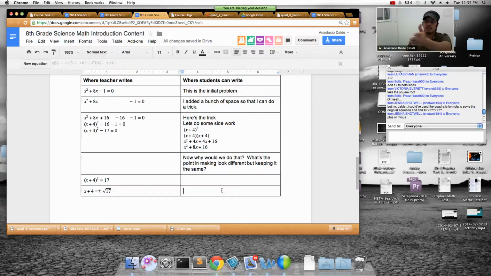Yes, Jenna, we could have used the quadratic equation. Yes, I agree with you. We could have used the quadratic equation. Let me show you why I didn't do it. I have a very specific reason. I want to make sure that you understand completing the square. All right? Now,